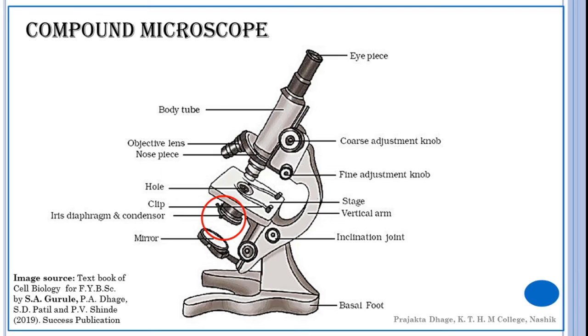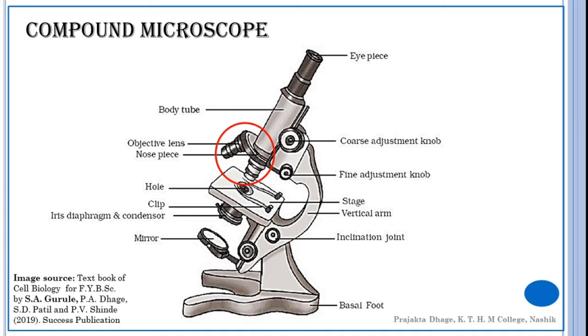Now moving on to the condenser. It collects and focuses the light rays into the plane of the object but takes no part in the image formation. Focusing of the light increases the intensity of the light. Within reasonable limits, the more the light, the better the resolution. The intensity of the light can be adjusted by adjusting the aperture diaphragm of the condenser. If the aperture of the diaphragm is reduced, the amount of oblique light rays reaching the object also gets reduced. This apparently increases the contrast of the image.